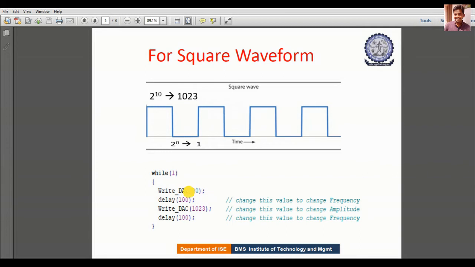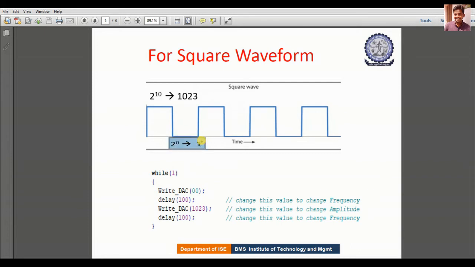So here we are giving the analog value from 0 to 1023. With write DAC, initially we will give 0. You can see this value we are giving, and we are generating the corresponding analog signal 0, and then after some delay, once you give 2 to the power of 0, it will start putting the value in here.